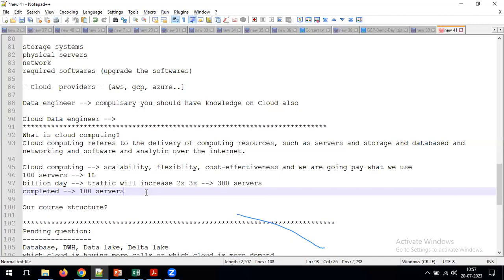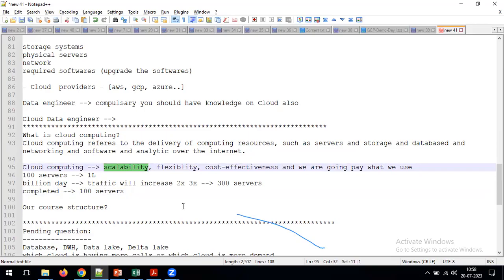That kind of activity, scaling up or decreasing our number of resources, we call it scalability. That is the feature we get automatically with the help of the cloud providers. Now, there is no need to worry from our side about how to increase or decrease the number of servers. This kind of activity will be taken care of by our cloud providers if we use the cloud system in our real-time projects.